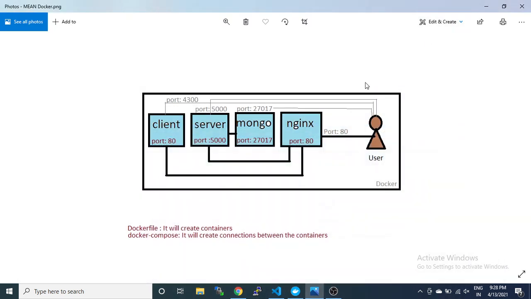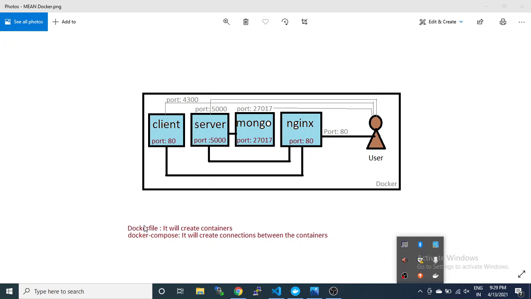Okay, so you can see in the picture that there is Docker, which you can assume is Docker Desktop, in which we are going to create containers for the client, the server (meaning Express), the client (meaning the Angular application), and MongoDB, and then we will use an nginx reverse proxy. After that we will create connections between them.